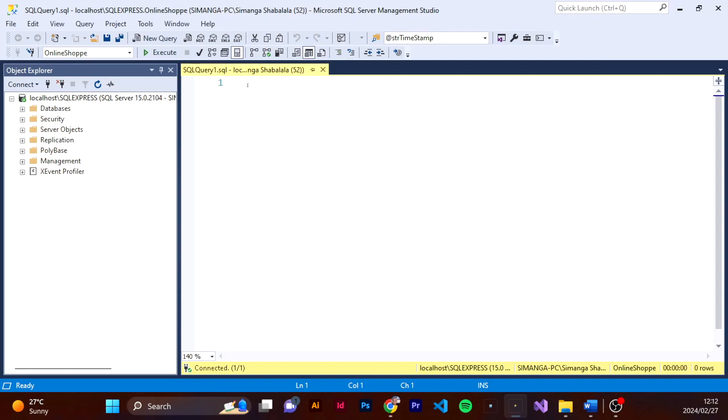So the first function that we can look at is COUNT. COUNT counts the number of rows in a data set. If a column name is given as an argument, then COUNT will return the number of rows where the column is not null, meaning where the column is not empty. So we can use it like this: SELECT